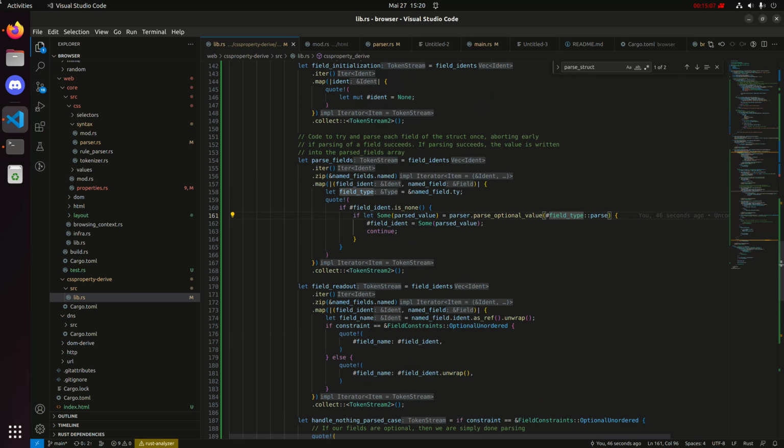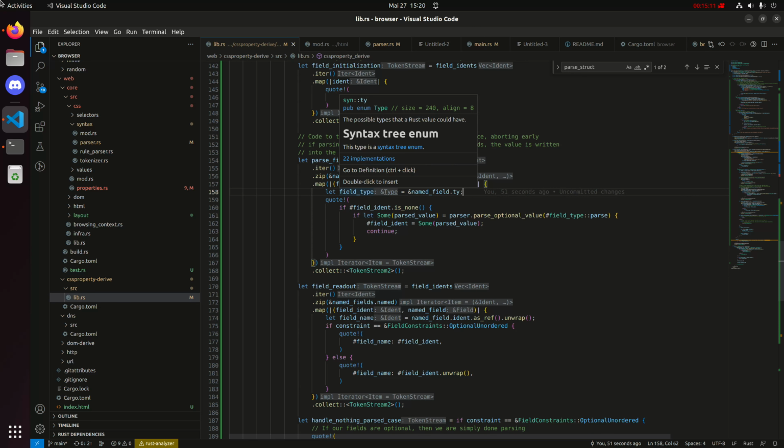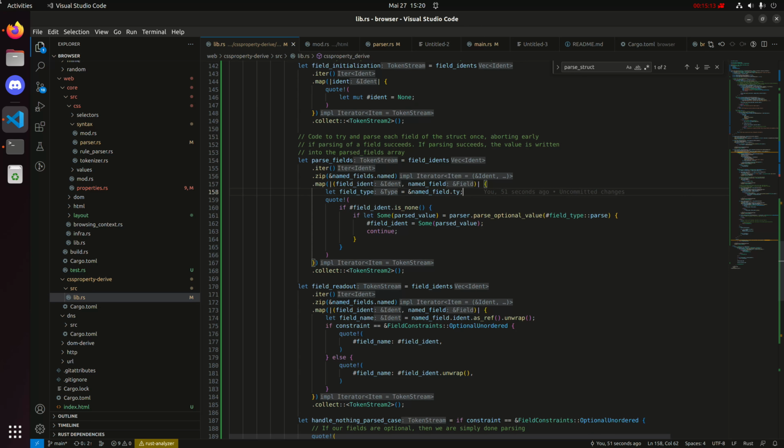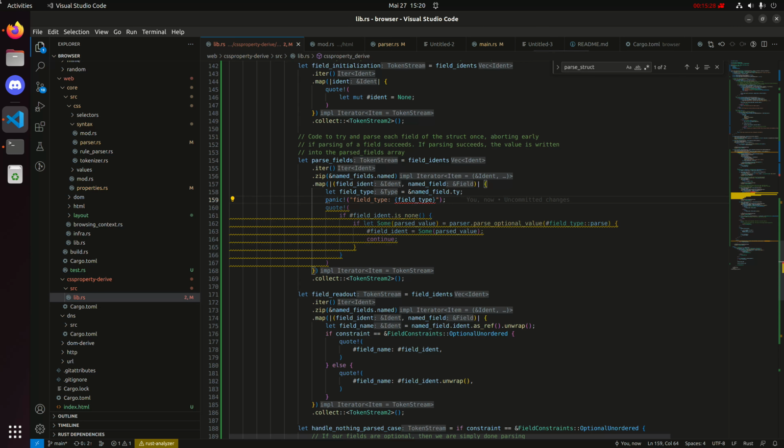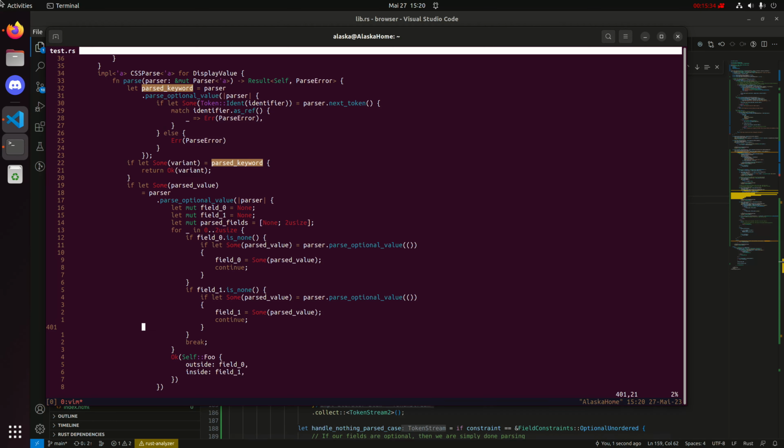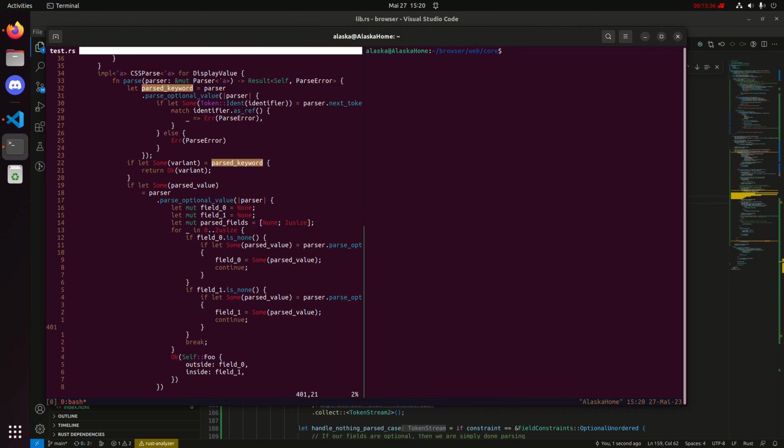We want the field type. Is it possible that the field type is just not existent? Let's just panic on the field type. I'm sure they implement debug at least. Yeah, there we go. So let's